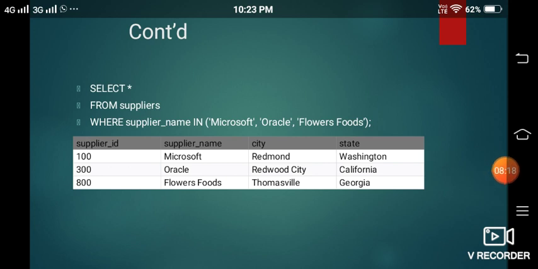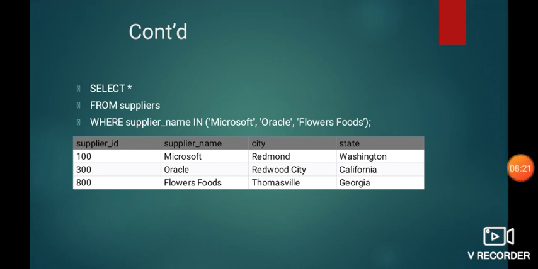This IN operator will take all three values and check for all three. If any one of the values matches the supplier name, it will fetch the row.